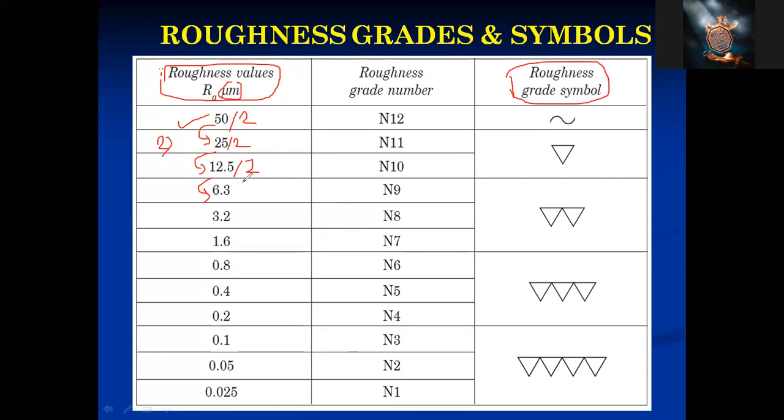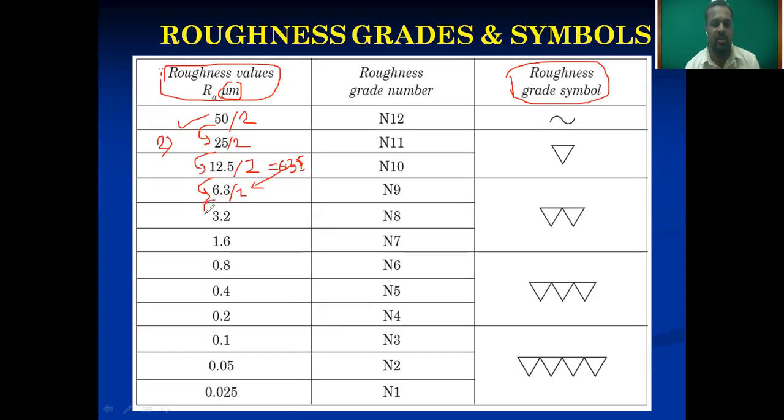Wrong. Correct, sir. What is wrong? You divide 12.5 by 2. What is the answer? Yes, please tell me the answer. 6.25. Okay, so here, if it is 2, we can take it in a single digit, so here we can make it 3. Like this. Again we have to divide it by 2.